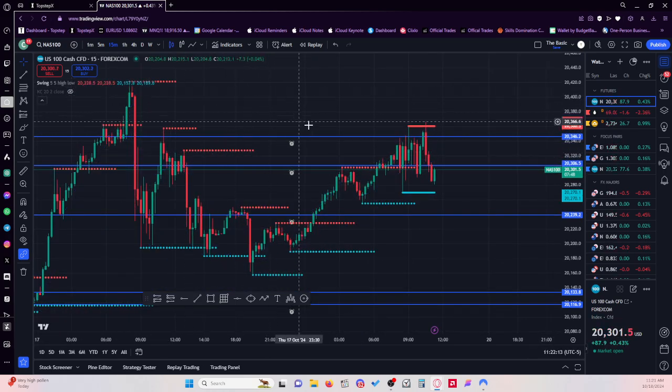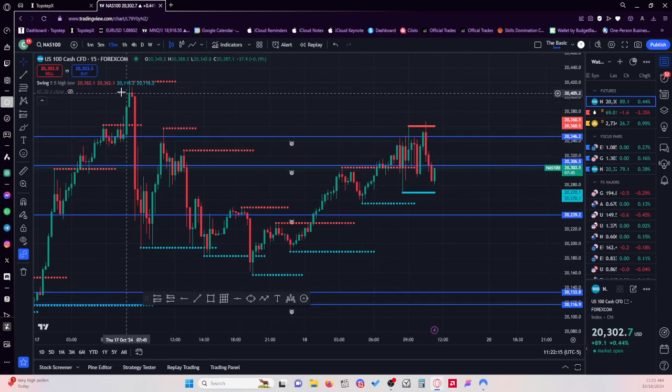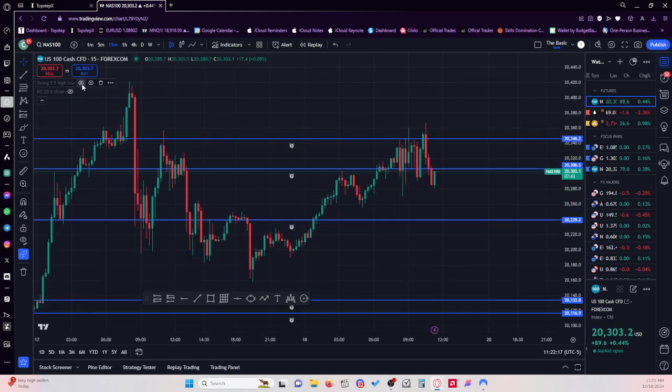Let me take all this off because I really don't need this stuff. I basically mark up key levels. I just use these indicators, the swing and KC, as guides, but I usually don't use them. I just use them every now and then to confirm what I'm seeing. So basically all I do is I trade at key levels. I trade the 15-minute and the 5-minute for the most part, but I use the 1 hour